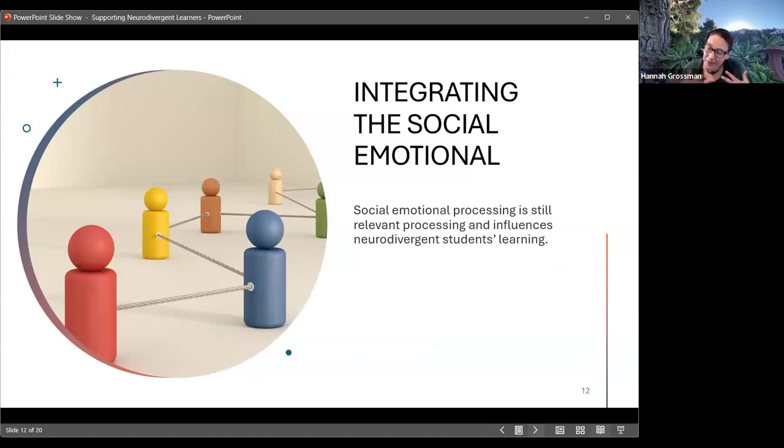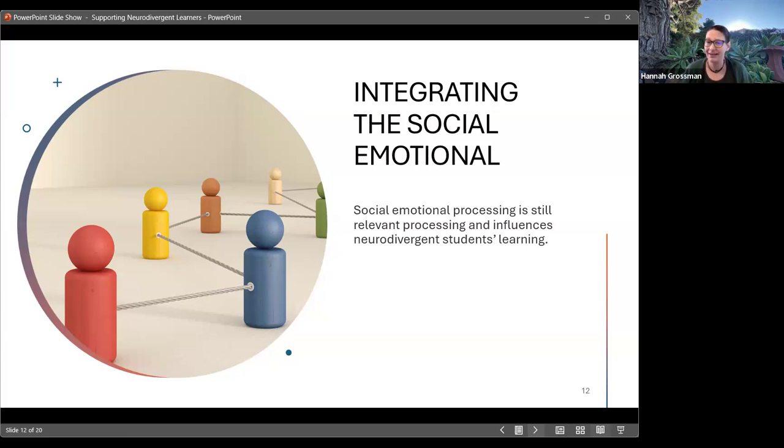Now, another big part of the idea of making things accessible and reducing barriers for neurodivergent learners is recognizing that a lot of cognitive processing differences are social and emotional in nature. There are cognitive processing differences with anxiety, where you're emotionally processing so much information consciously that you do not have a lot of time or energy to process a lot of problem solving, because all of your resources are going